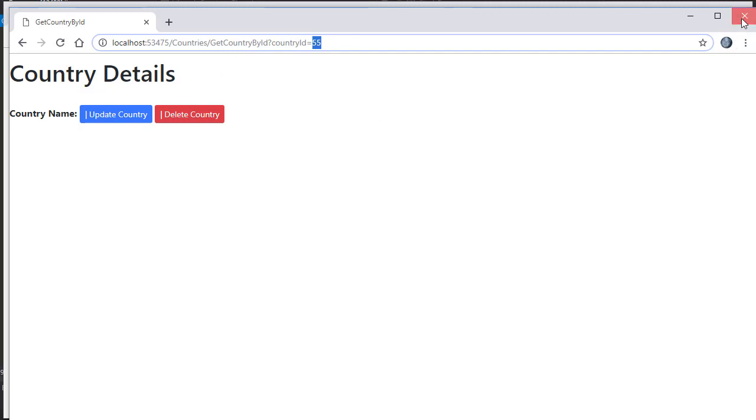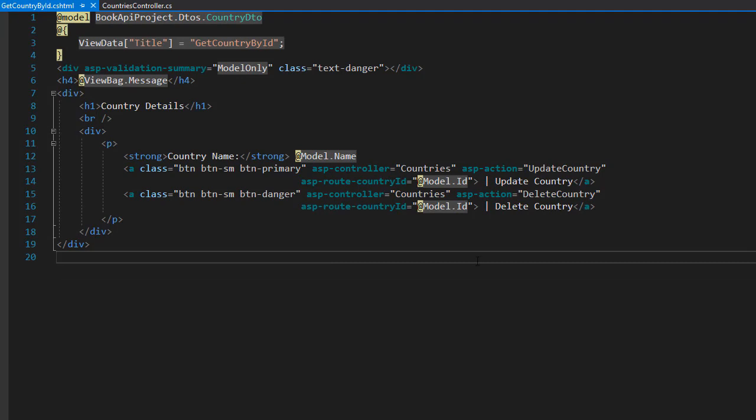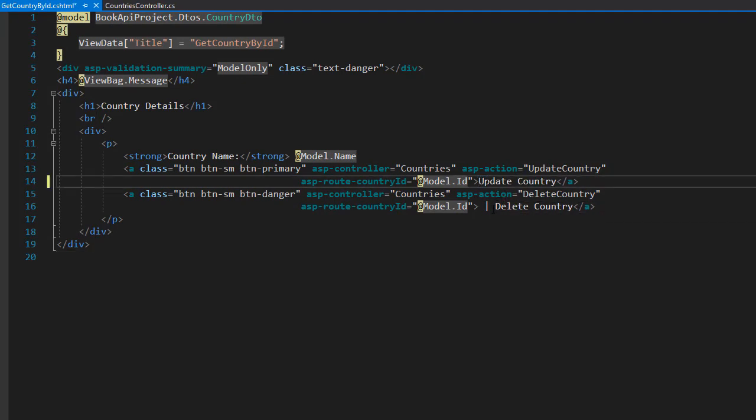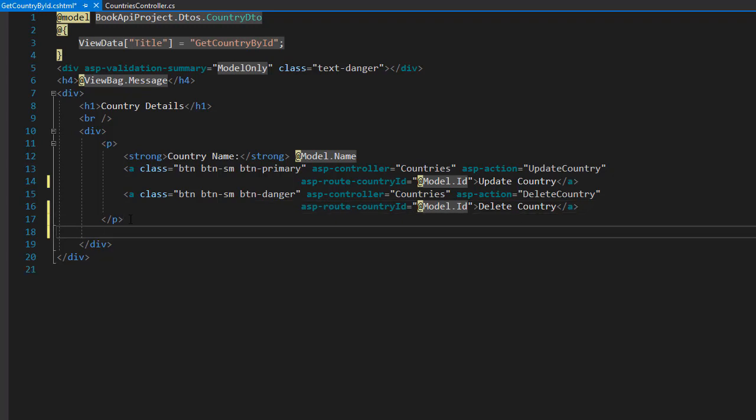So let's go back to our view first. And first I'm going to remove this from the button, so it says update country and delete country. But I'm also going to style it a little. So after the paragraph, I'm going to create a div,